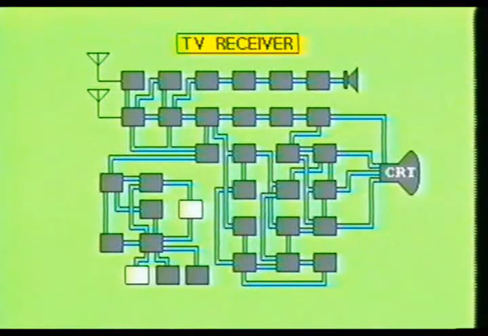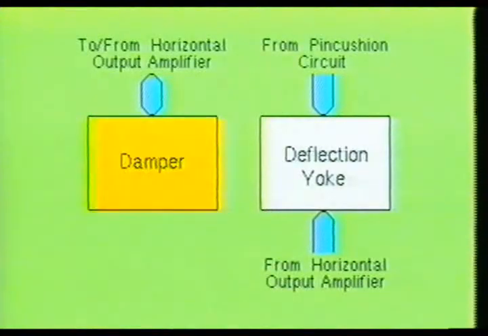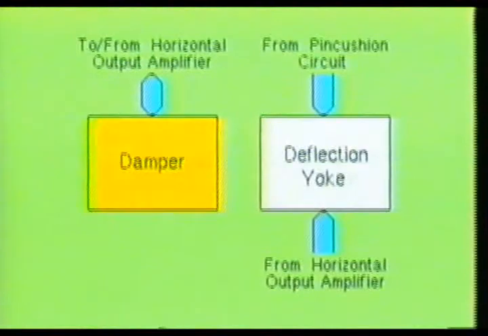Now we will examine 2 more sections used in the horizontal circuitry. They are the damper stage and the deflection yoke. The damper stage and the horizontal output stage work together to provide the horizontal scanning on the interface of the